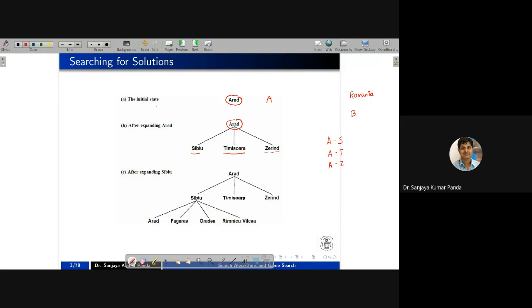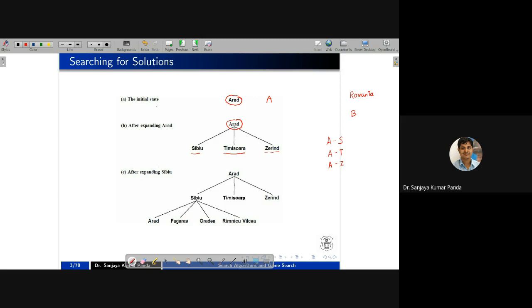Like here you can see when you expand A, you got S, T, and Z. But what is your destination? Your destination is B. So neither B is equal to S, nor B is equal to T, nor B is equal to Z. So your search is not ending here. What do you have to choose? You have to choose one of the cities, either S or T or Z, as your neighbor city, and again